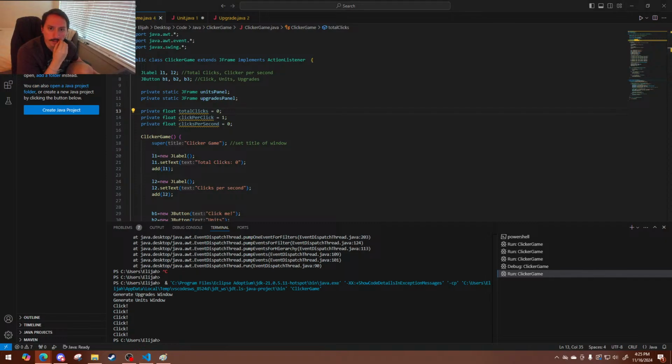Let me go to my abstract or my swing tutorial. Need to make a list of units that will be shown on one of the windows. These units listed will be able to be bought